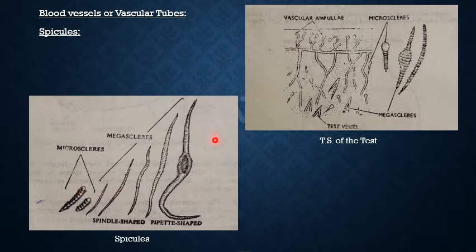Now let's come to its construction. As you can see, let's discuss the construction in this spicule. It is a microsclera. The spicules are formed of saucer shaped rings. These: 1 ring, 2 ring, 3, 4, 5, 6, 7. These are plate like structures which are stacked one above the other. This is one plate, the other plate stacked on it, the third one stacked on second one, fourth one stacked on third one, and this way.